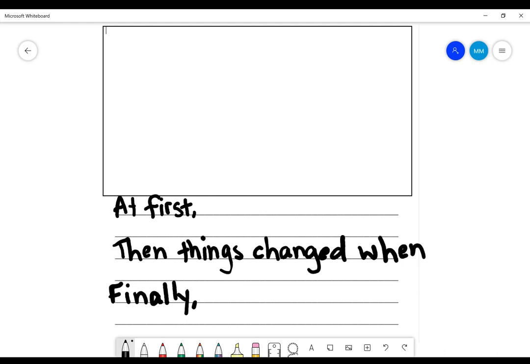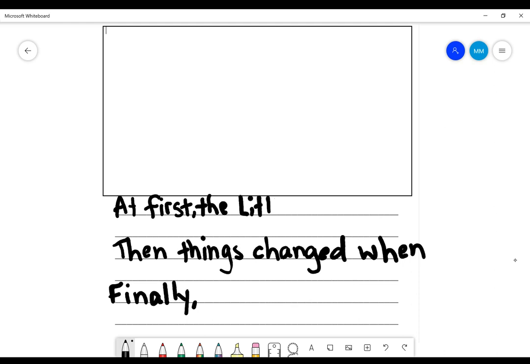So let's think back to the beginning of the little yellow leaf because we are retelling the story. Yesterday, you guys did a flip grid of you telling me with your words, with your voice, the retelling of the story. Today, you're going to be writing the retelling. Okay, so at first, where did we meet the little yellow leaf? In the great oak tree. So I'm going to say at first, the